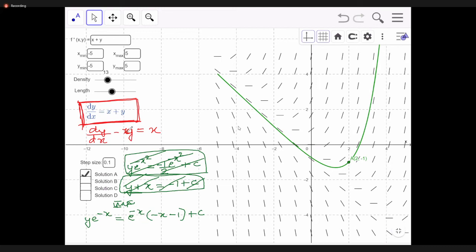So your integrating factor is obviously e raised to minus x. So this part is correct. Then you will be doing integration of q into the integrating factor, so x into e raised to minus x dx plus c. So your answer is correct. Very good.